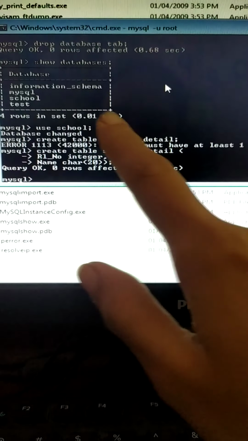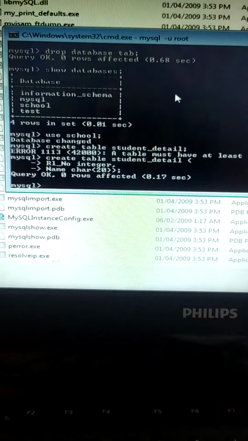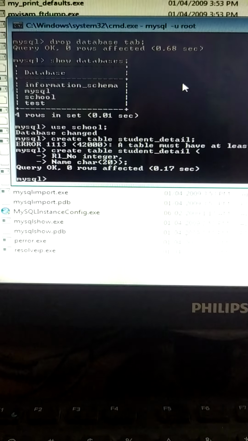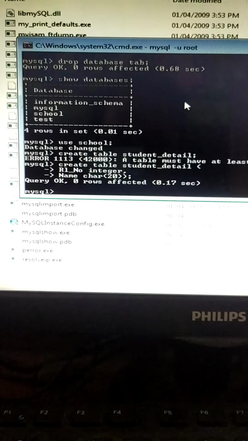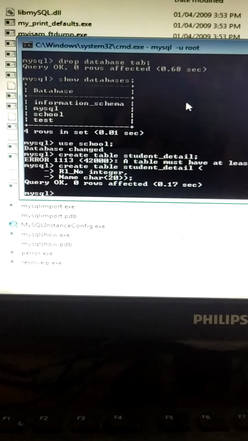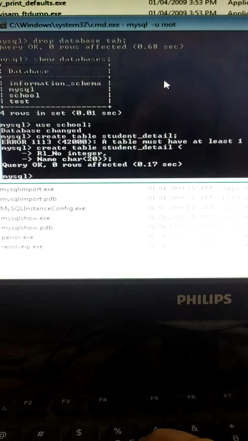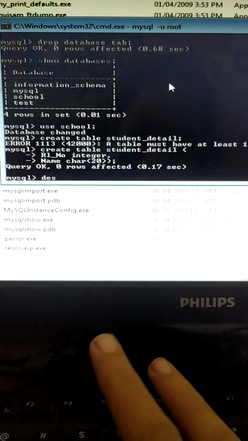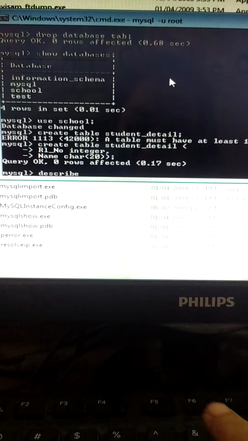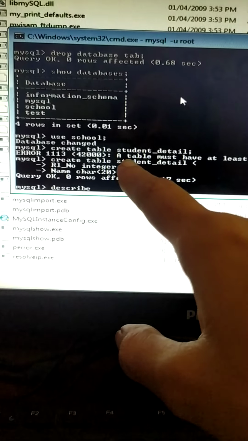See, a table is created in school database, with the name student detail. Now if you want to display the structure of this table, what command will we use? Describe, DESCRIBE, and then the table name. What is our table name?